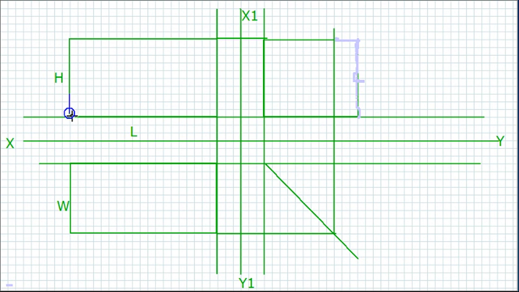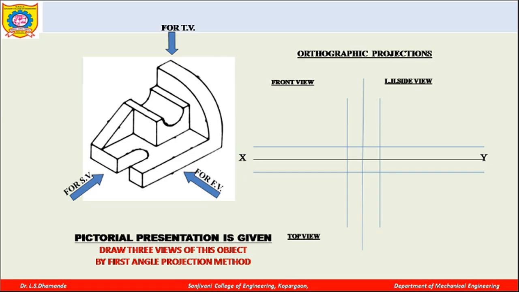So this is the height of that object, suppose. Then this is the total length of that object. Then it is moving up this much. Then again it has a horizontal distance this much. Okay, and then again it goes up to this point, and here it is going to end. So like this, the portion will be visible to us. You will see from the front side this shape we have drawn just now.